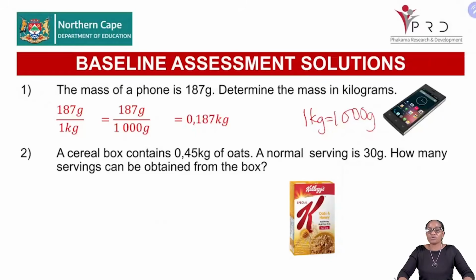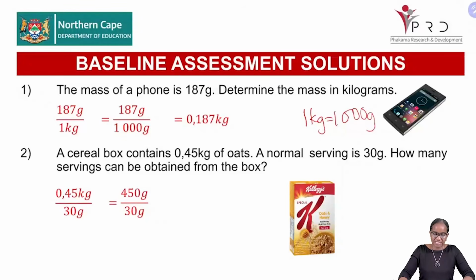We go to the second question. A cereal box contains 0.45 kilograms of oats. A normal serving is 30 grams. How many servings can be obtained from the box? So we want to find out how many servings are in the box. The mass of the total contents in the box divided by each serving. So the mass is 0.45 kilograms. We divide by 30 grams. This equals to